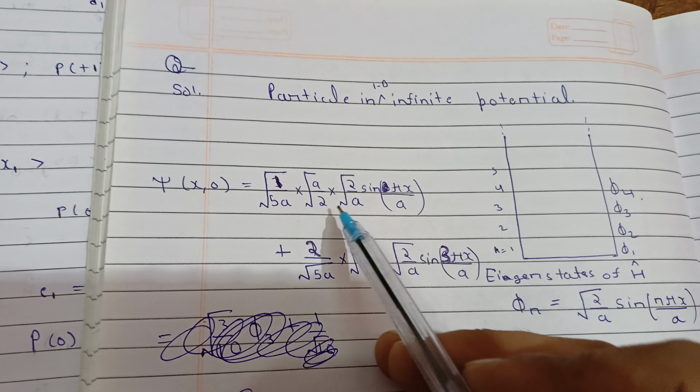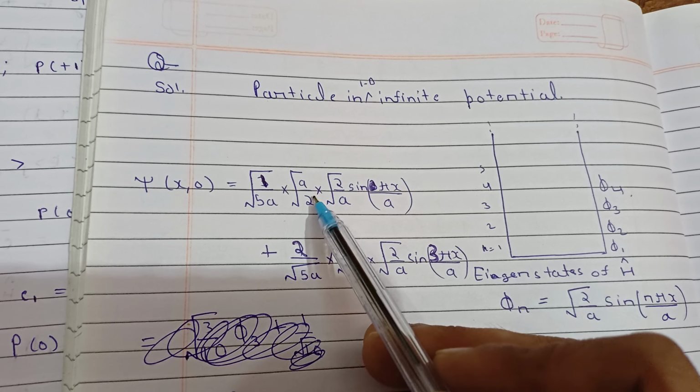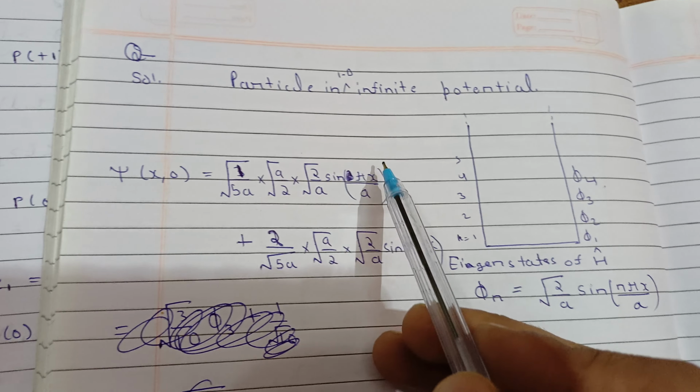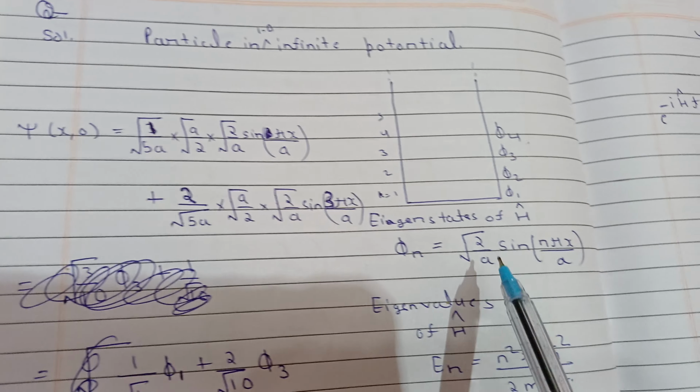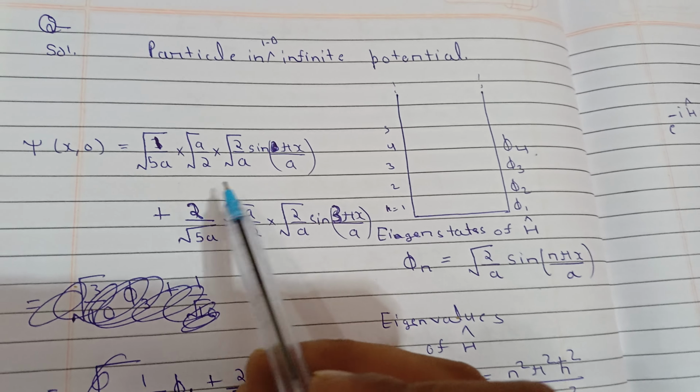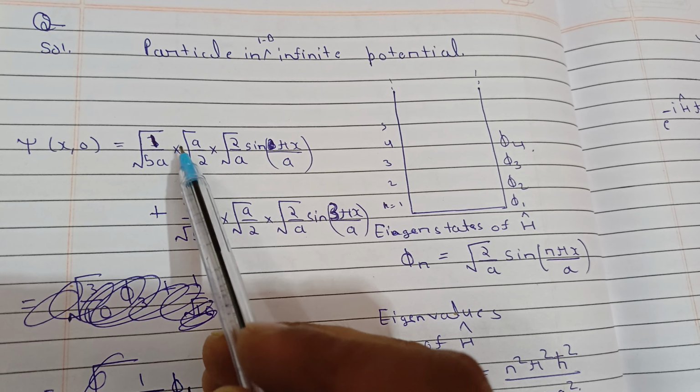We just multiply and divide by this, so this will cancel out and give you 1 again. So it is just the same form. Now this term is nothing but the eigenfunction for n equal to 1. So here you will write phi 1, and whatever you are getting will be the coefficient.